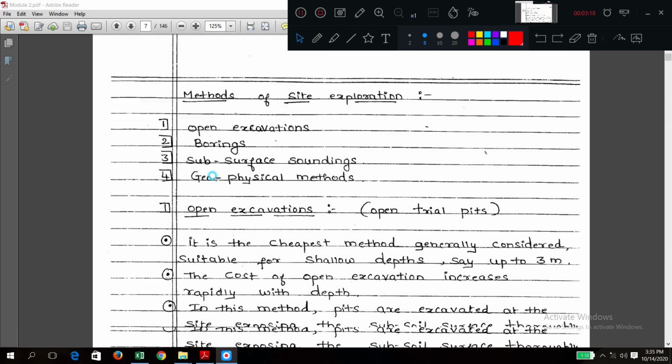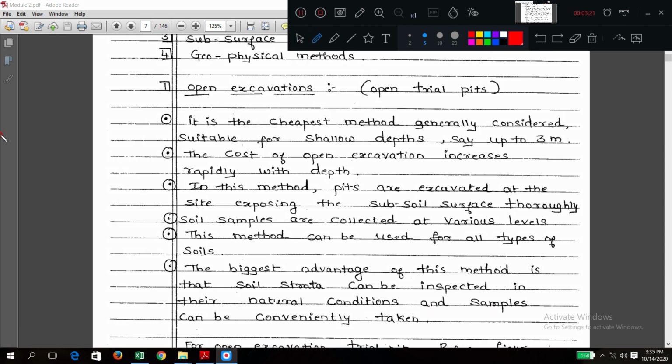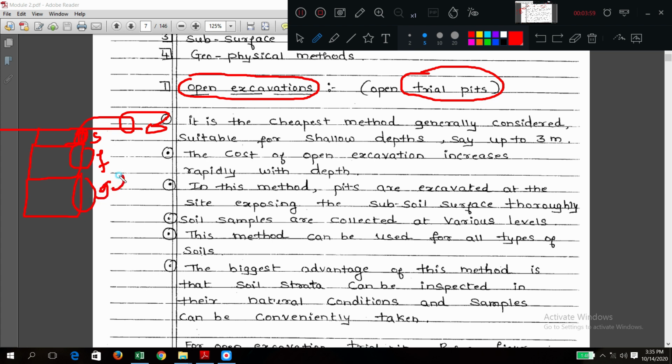First one, what is this? Open excavation, by the general understanding of this word, is what you have seen as trial pit. What are you exactly going to see? There is existing earth, you simply excavate this portion. First you excavate this much, dump it somewhere, again you come here and excavate again and again. During the excavation, you record the type of soil, whether it is silt, next whether it is a fine sand, whether it is gravel sand. Like this you record.